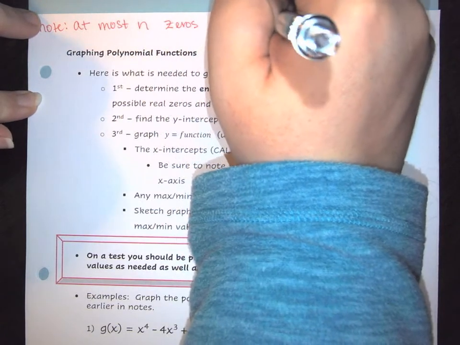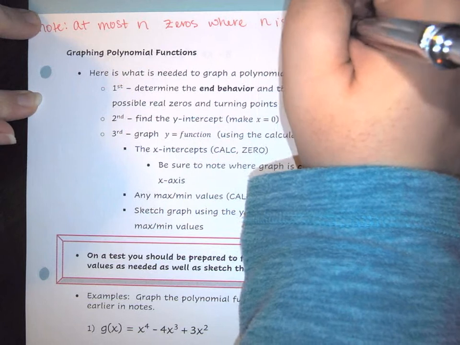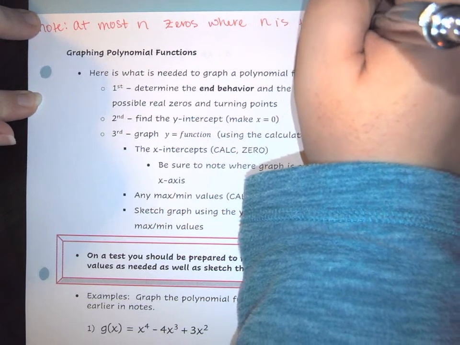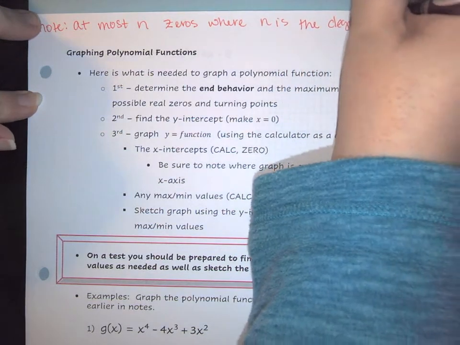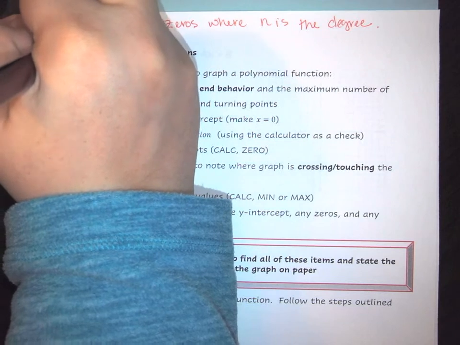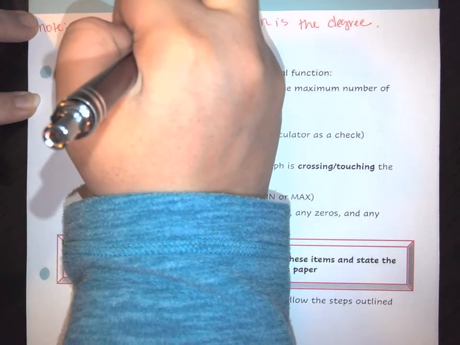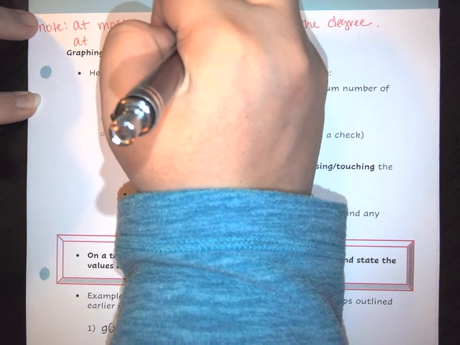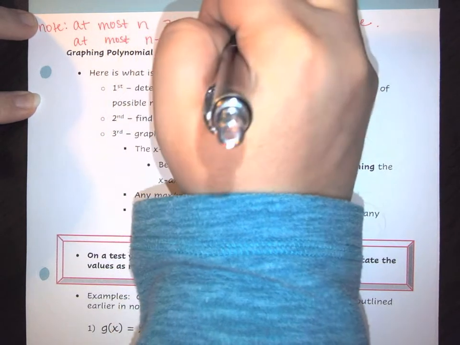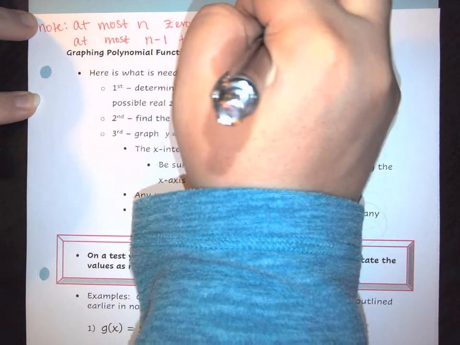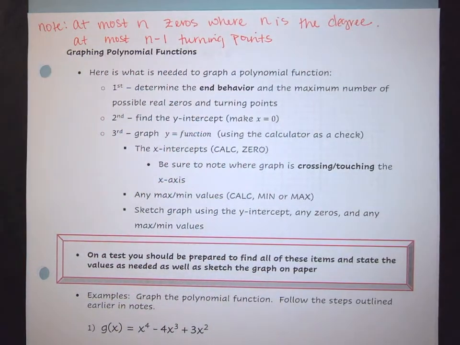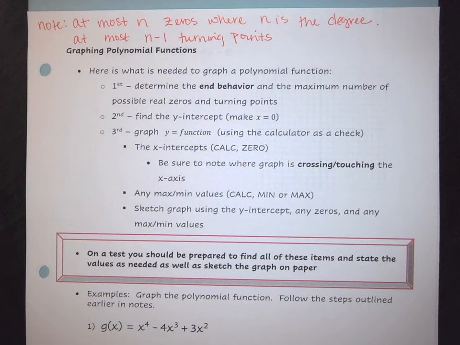where n is the degree. And then you will have at most n minus 1 turning points. Okay, so that's one thing to keep in mind when you're graphing, is that you will have at most n